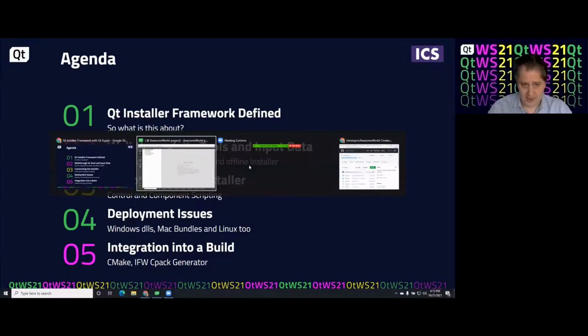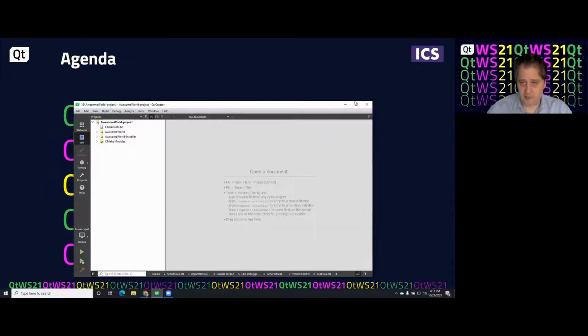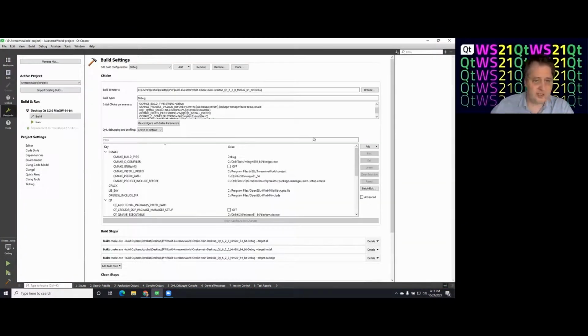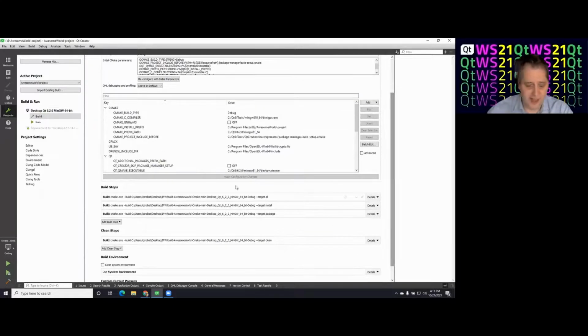Now, before I go through the slides, I'd like to show you the end game. So I have my Qt Creator open here. And in the projects page of Qt Creator, I have the project open. And in the projects page, notice how here I've added 3 build steps. The first build step will build my application. The second build step will install it in the appropriate directory. And the third build step that I have here will create a graphical installer for me using the Qt installer